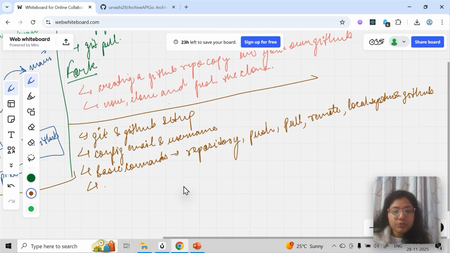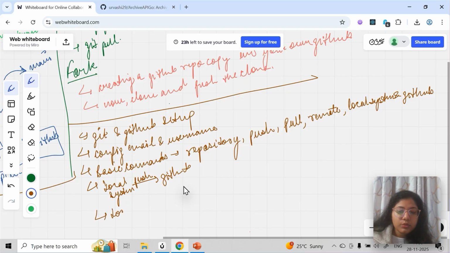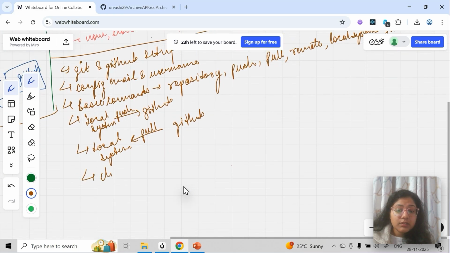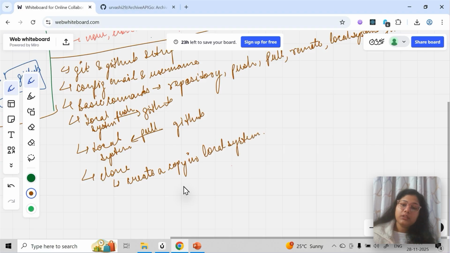Whenever we try to push something from the local system, could be anything, your laptop, your desktop system, to GitHub, then it's called push always. And when I'm trying to go from GitHub to the local system, we are trying to pull something from here, so I'll say pull. Next we have cloning, which is basically creating a copy of a GitHub repo in the local system. We cannot contribute to it till someone adds us as a contributor, but we can pull and get the latest code, so that every day you don't have to download it.